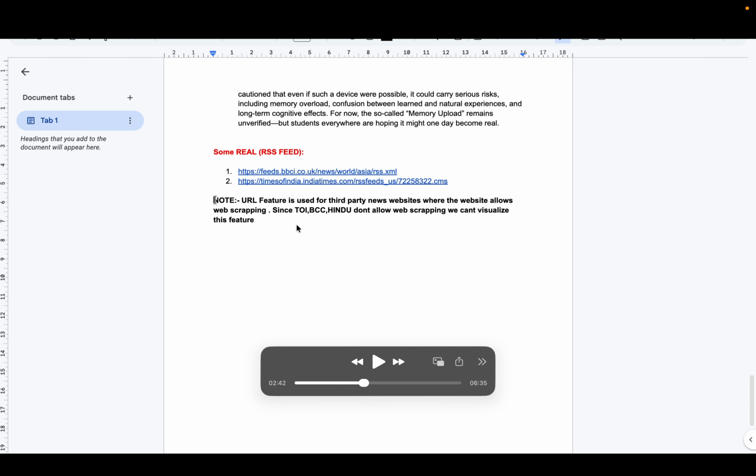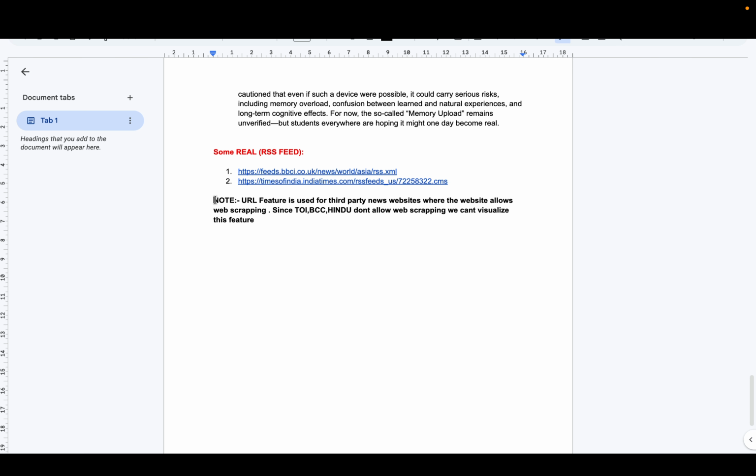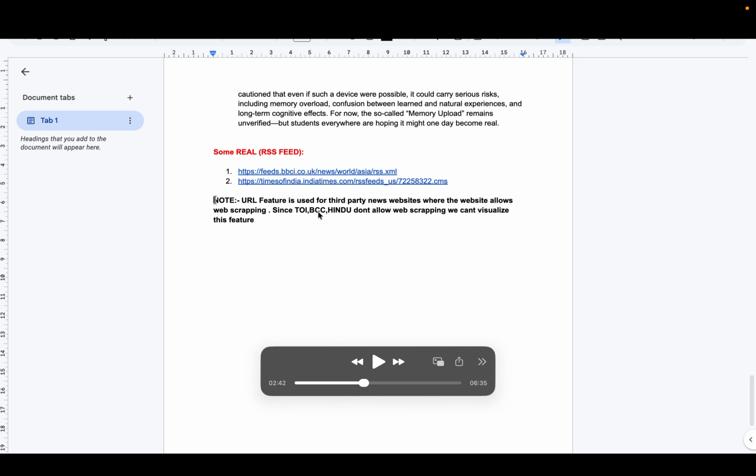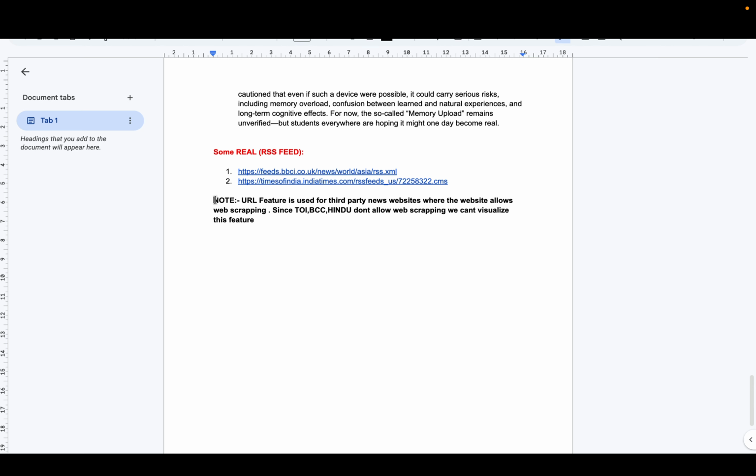Even though it is a third party website, the website should allow web scraping on its web end. If that doesn't allow the web scraping, we cannot use this URL feature. So TOI, BBC and Hindu don't allow web scraping, so we cannot visualize it, but it will just work for the third party website which allows